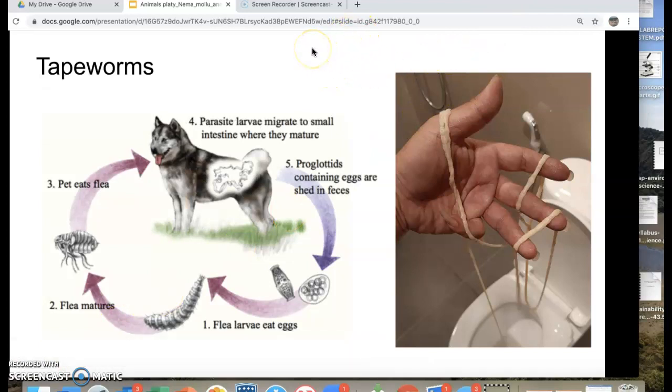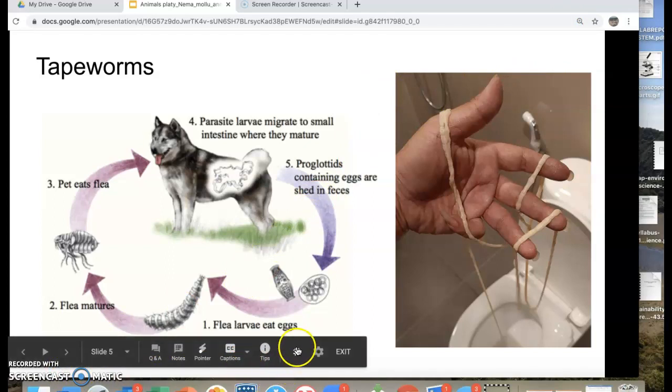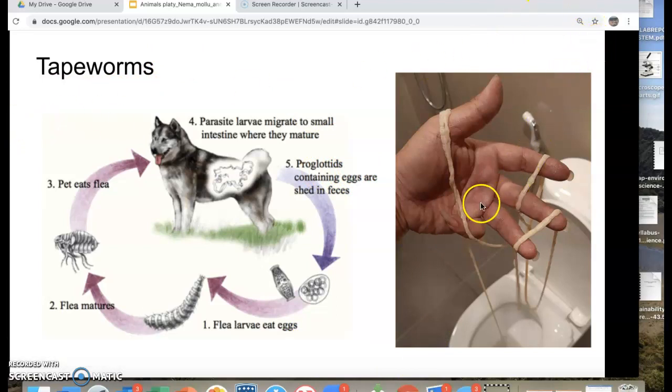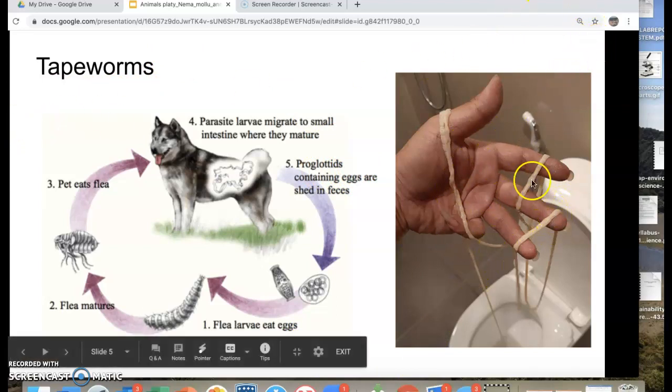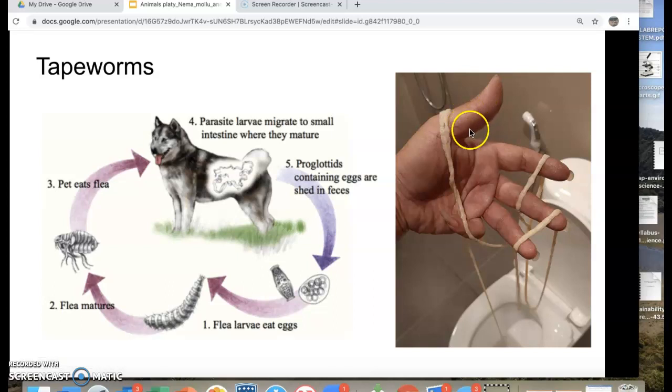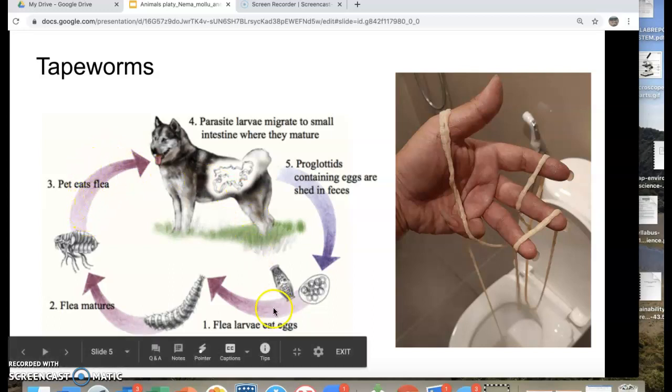Okay, so the last thing that I wanted to talk to you about is flatworms. One type of flatworms that you might have heard about are called tapeworms, and tapeworms are found in all animals, including humans. Here is a tapeworm that a man pooped out that was like 30 feet long. But tapeworms are very dangerous for dogs, and the larvae